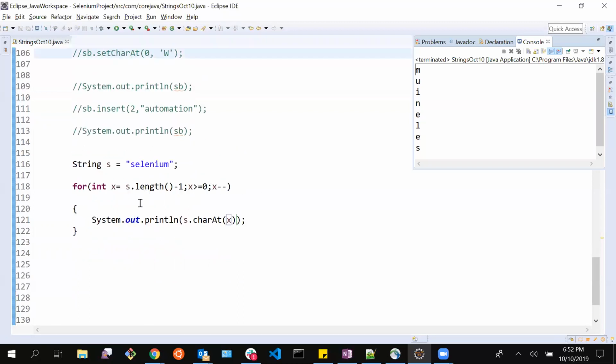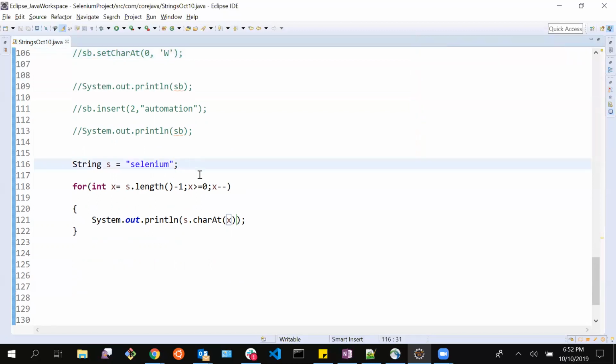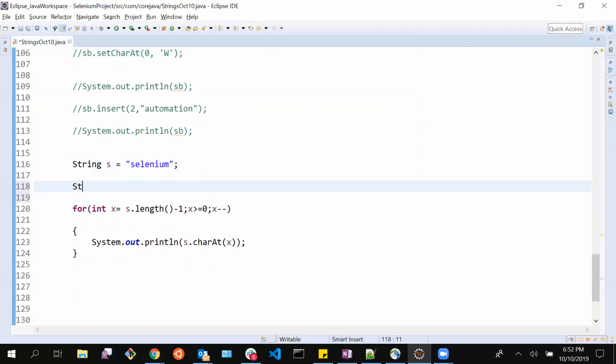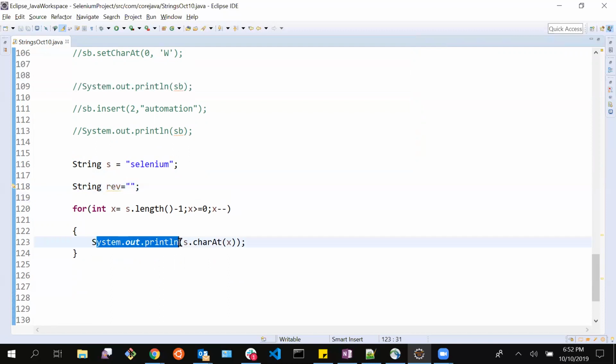What you need to do is, when you get the character, append it into another string. That's all. See here, what we will do? I will have one more string here, I'll call it reverse. It's an empty string. Now whatever character I am getting, I am saying rev is equal to rev plus